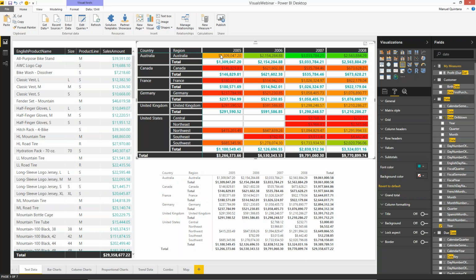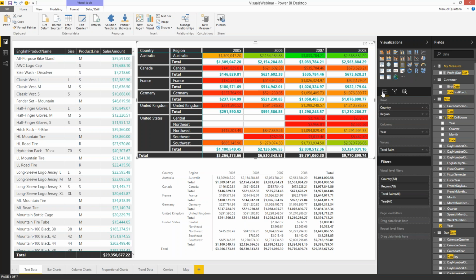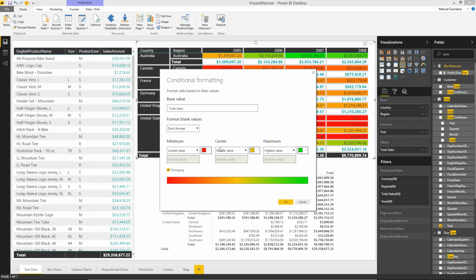Now, interestingly enough, the values that we can see have some color coordination here, but this is actually not controlled inside of this format well. Where I actually go to achieve this, if we go back into the data fields here, I can hit the drop down for values for total sales, and there's this option for conditional formatting. When I choose this, it brings up this screen, and by default, this diverging tab button is unselected, but we can indicate a color for our lowest representation and our highest value here. So I've chosen red, green, and it's doing its best to show that blend going from one to the other,